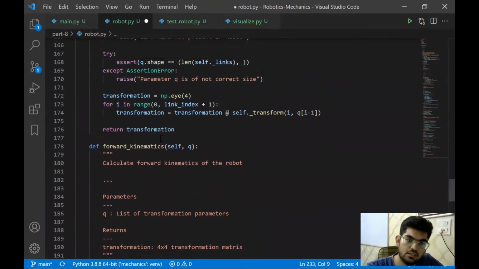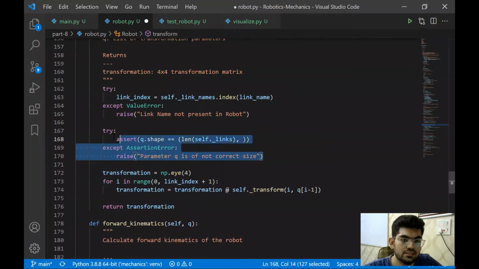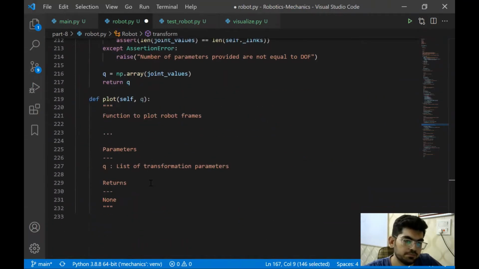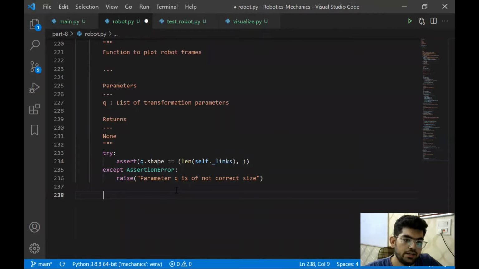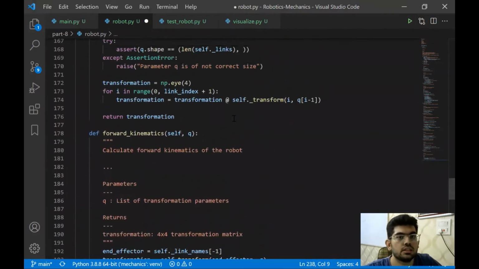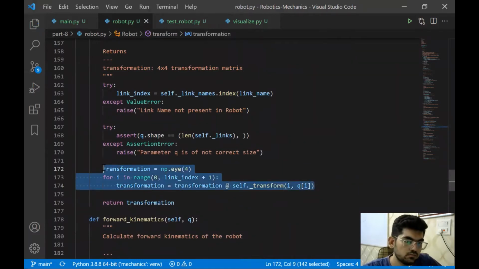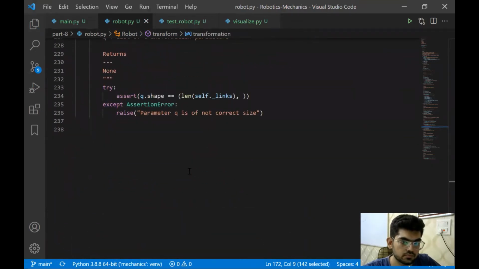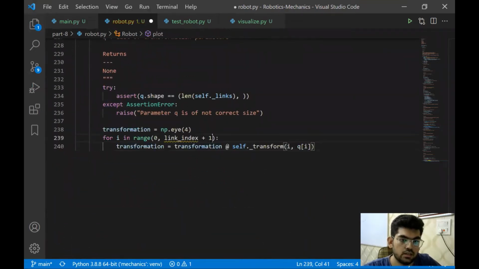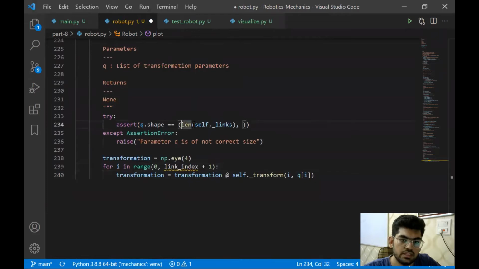First, we are going to assert the size, which we have over here. It's a simple check. And now we are going to iterate over the links starting from 0. We did not put it right. All right, so we needed to go till the end. So we will take the copy of length, and 0 is not required. It's the same thing with 0 or without 0.